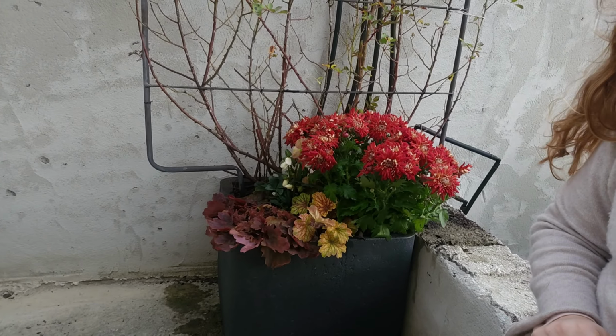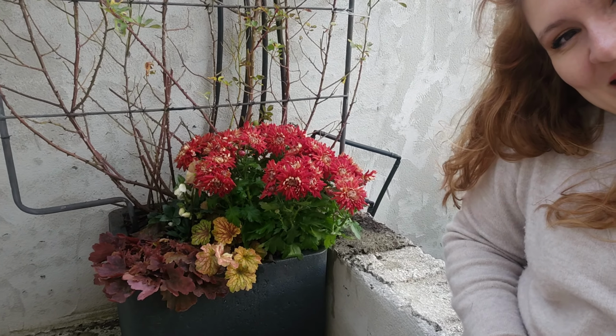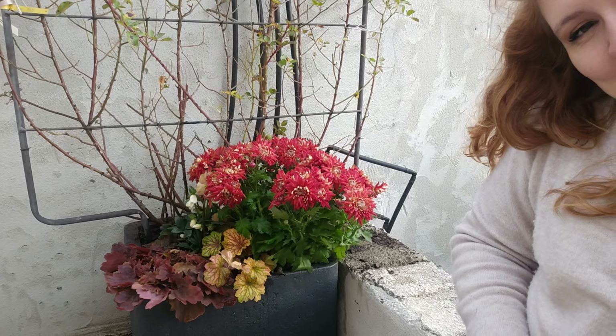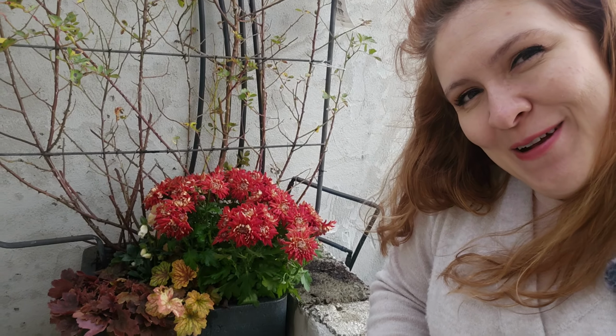But absolutely stunning colors, cheerful colors. They brighten this step. I am so happy with how things turned out. Hopefully we get a few more days of beautiful autumn weather so we can tidy up the garden a little bit more. But if not, and if the weather has other plans,